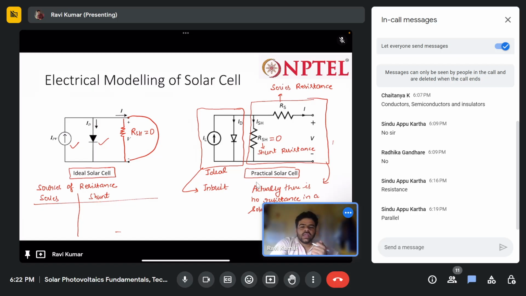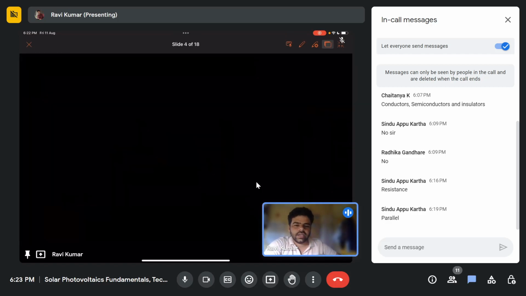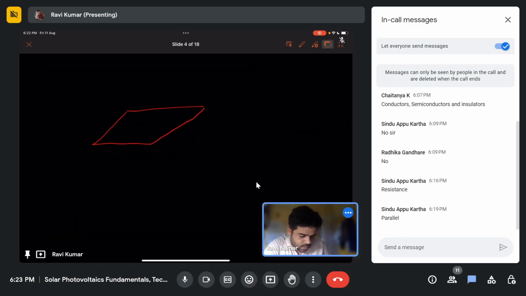Okay, you need some more explanation. I'll tell you one thing. Let's consider this is a solar cell. We have like